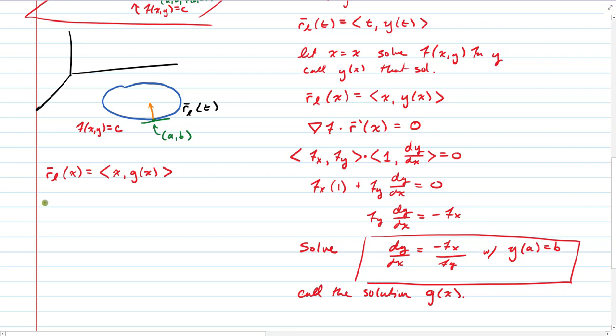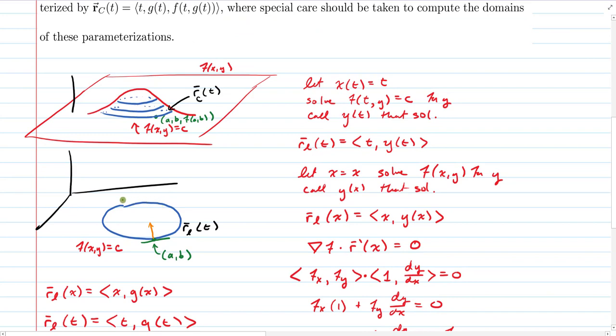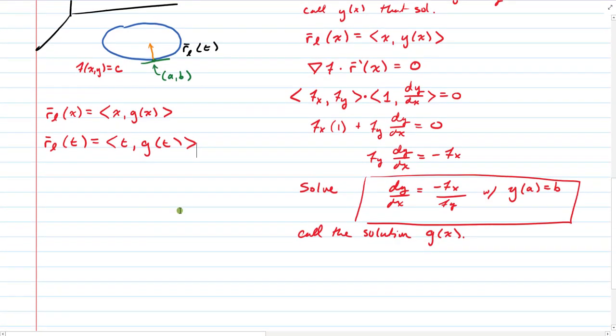But normally when we give our parameterizations, we use the variable t, so I'm going to do that. I'm just going to switch the variable to t here, and this parameterization right here would describe this level curve, and we obtain the function g by solving this differential equation. Then, if we want to project this back up onto our surface, we simply need to add in that third coordinate, and so we would have the parameterization t comma g of t,